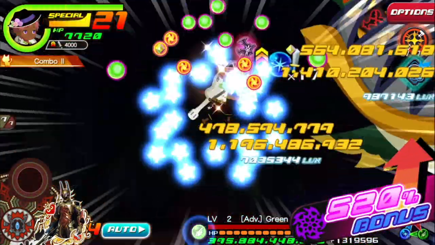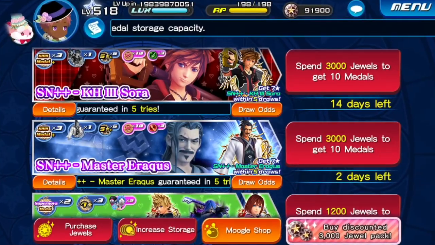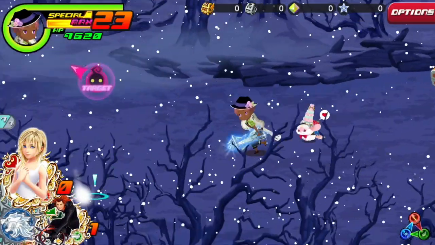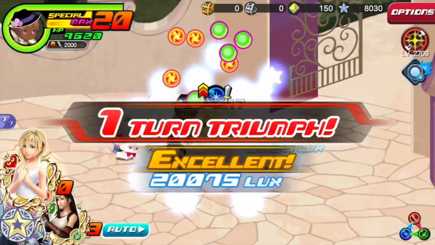In today's video, we are going to be talking about the new Sora, Riku, and Kairi medals, two of which have already come out. I'm sure we're going to get Kairi this Friday, but we will see. I'm going to go over their abilities. I'm going to compare them to the newer medals that have come out, like Xemnas B, San Francisco Sora, and Master Ericus. And I'm also going to compare them to the best buffers in the game right now, which